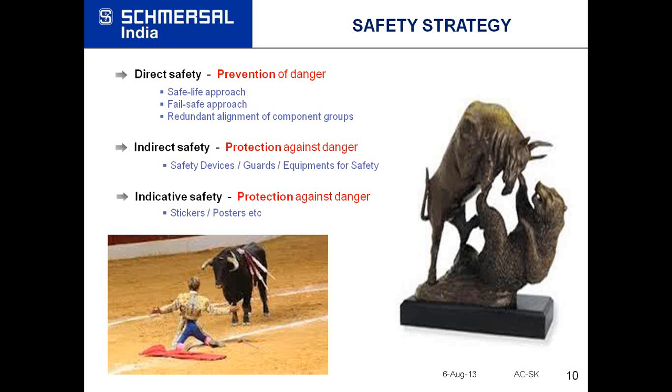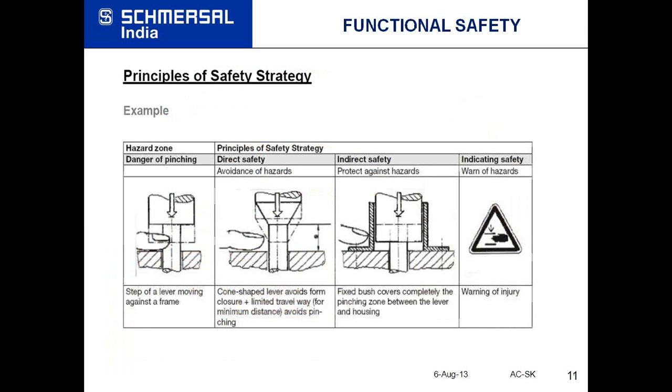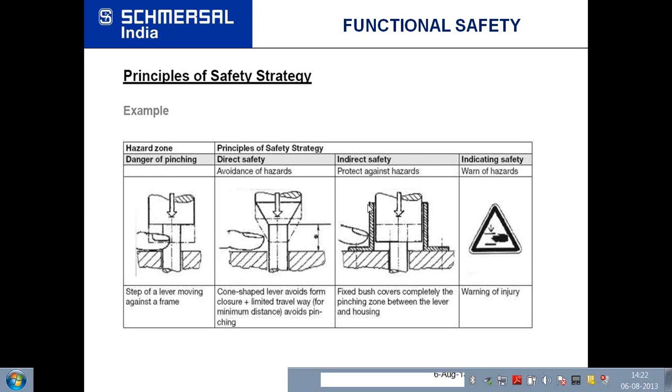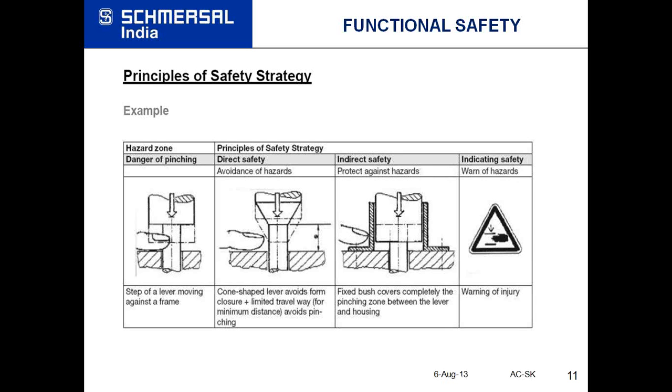You see a piston moving vertically, and in the first photograph you can see the finger can get crushed because of the movement of the piston. So a good design person will try to change the design in a tapered way, the piston shape will be tapered so that even if it comes down, it will not hit the finger. In the second photograph from the left, this is called a direct safety measure. Okay, so you have avoided the risk. There is no risk. The movement is the same, but there is no risk.